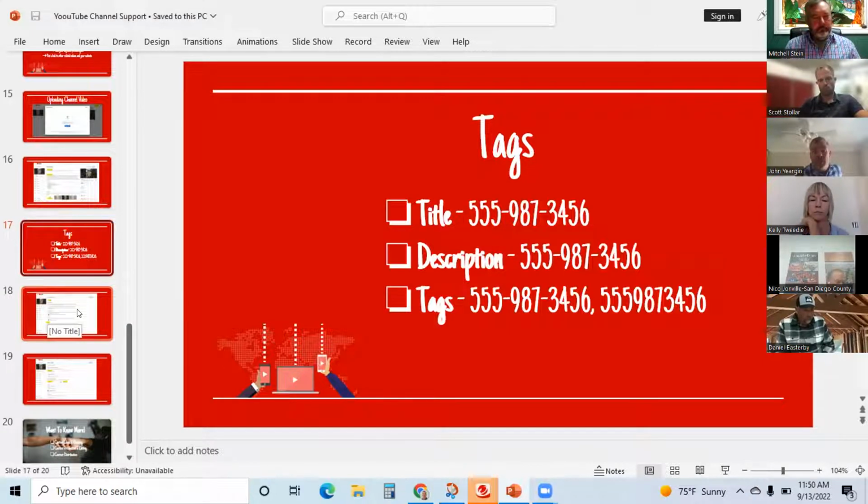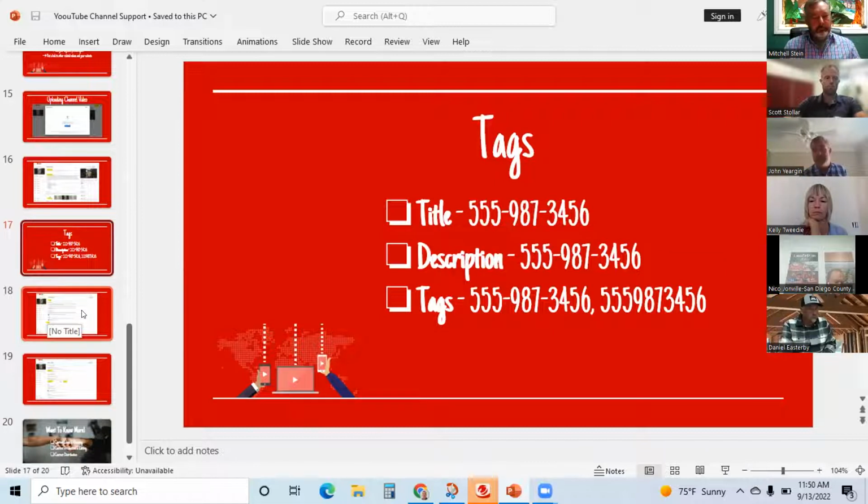After every tag word, when you're in there, it's a comma. You don't have to put a hashtag. You can put, again, real estate Carlsbad. Comma is what tells the system that you're done with that word. And you go on and type the next one, comma. You can sit there and just type out all your keywords.